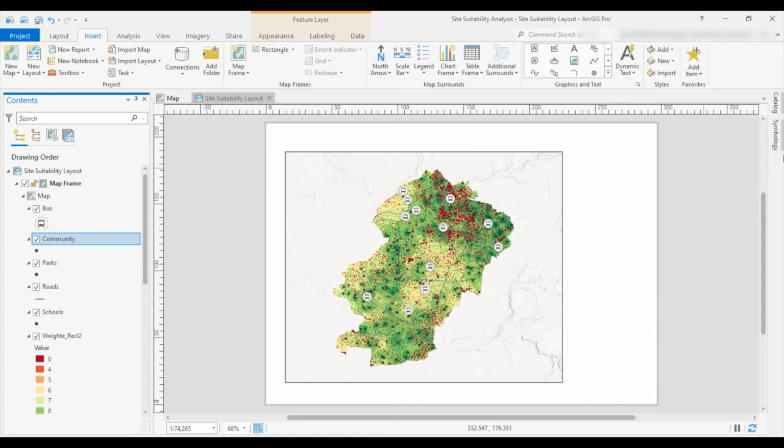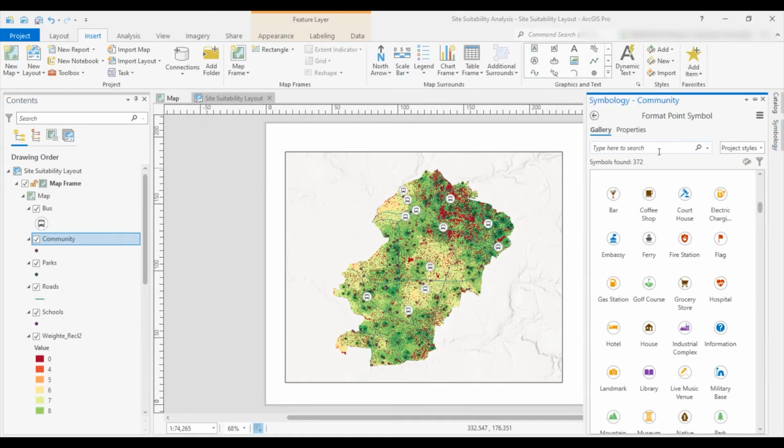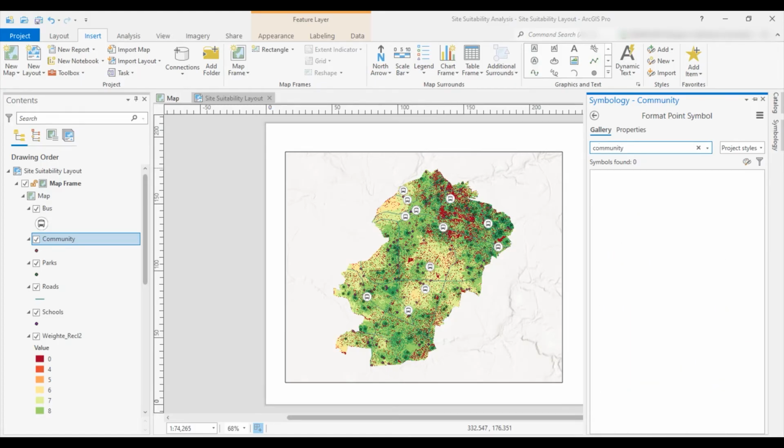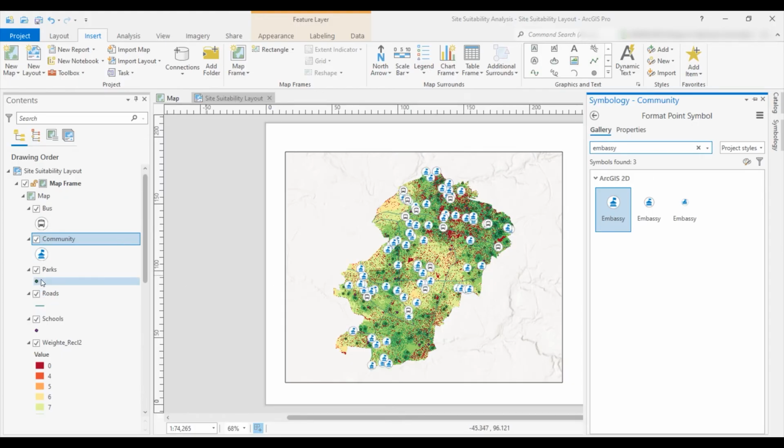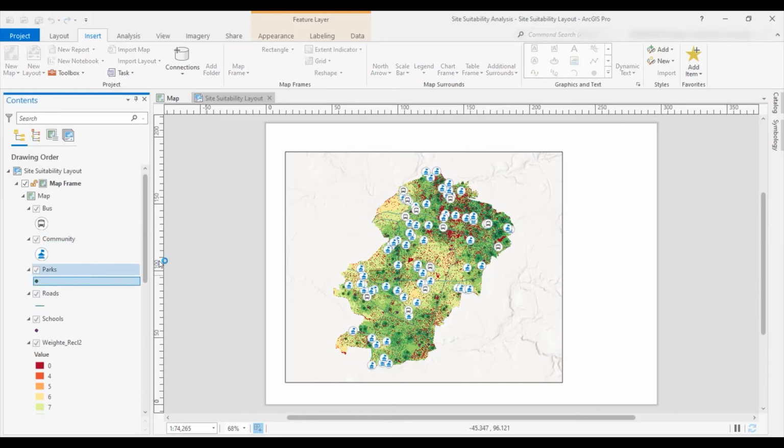So click on community and go to the symbology and look for the community icon, and we have not found any community icon, so we can use the embassy sign. Now for park,